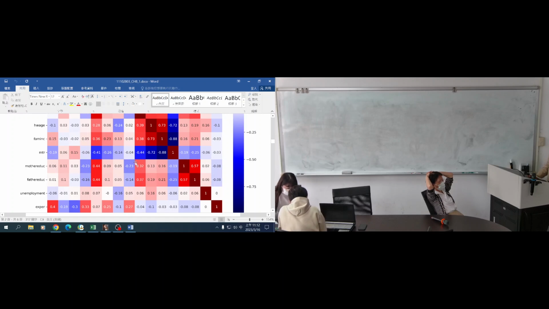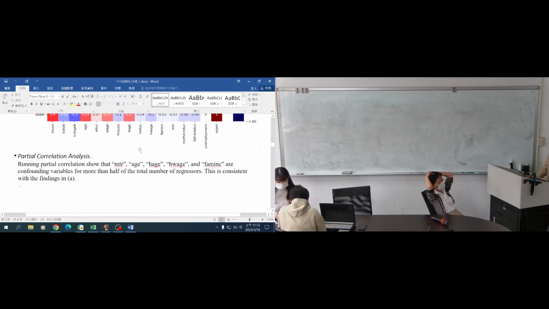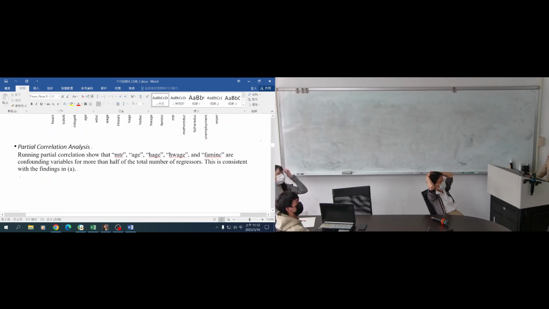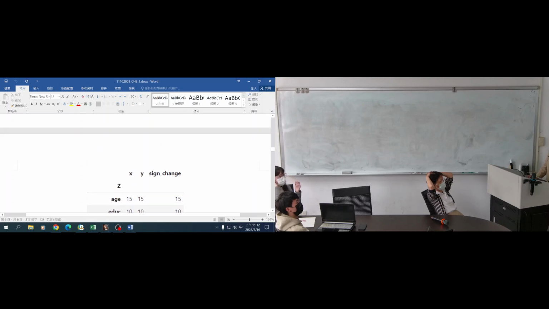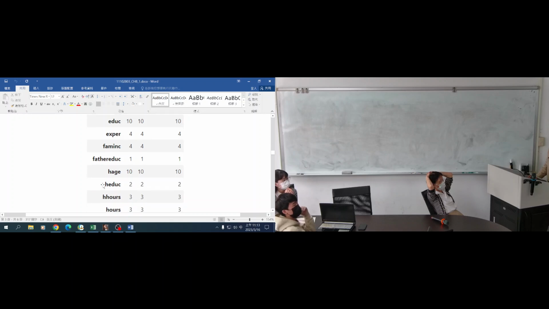So those are things that we could consider to drop. Family income. I do the partial correlation analysis for all of the variables. Yes. So I didn't show the exact or all of the values because that's too much, Professor. So what happened is after getting all of the partial correlations, it shows that given that we hold these variables,